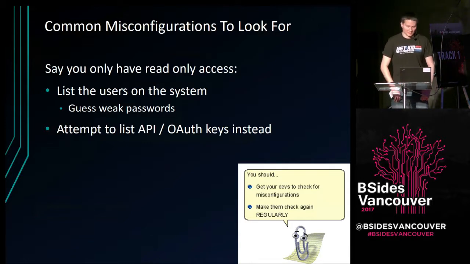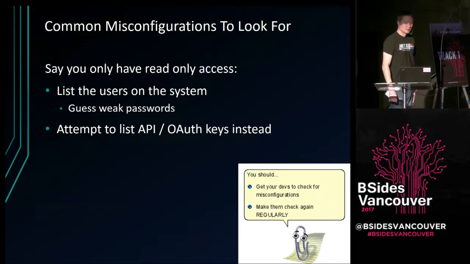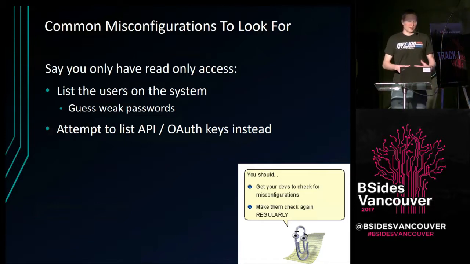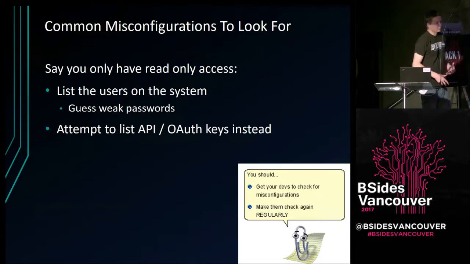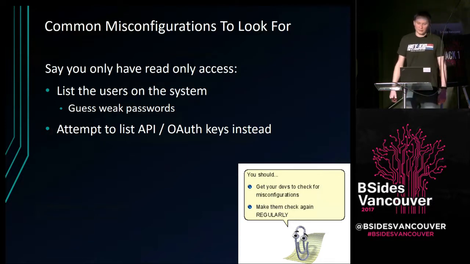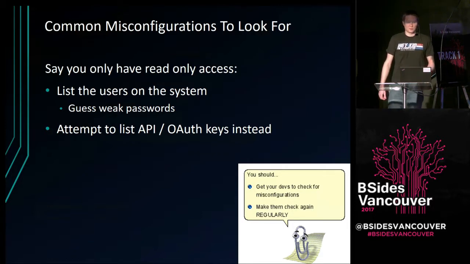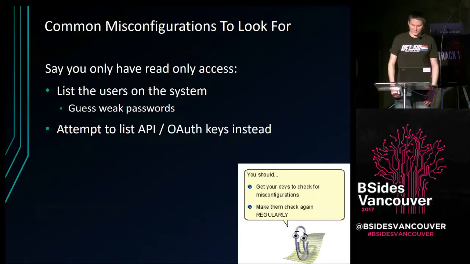I've had a lot of success with this one. The next thing is, going back to those plugins, a lot of the systems let you generate API or authentication keys to talk to other systems, and they often expose these to anyone with read access because you need to know what key to pass to your secondary system. Sometimes this is done through a plugin, sometimes it's built right in, but often you can say, hey, show me the API key for talking to the CI's REST API. And so even though you only have read access, you've now got an API key with full access.